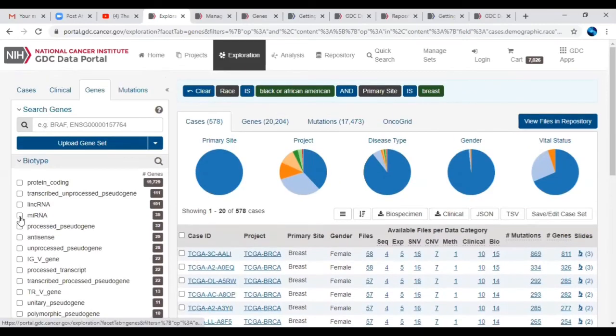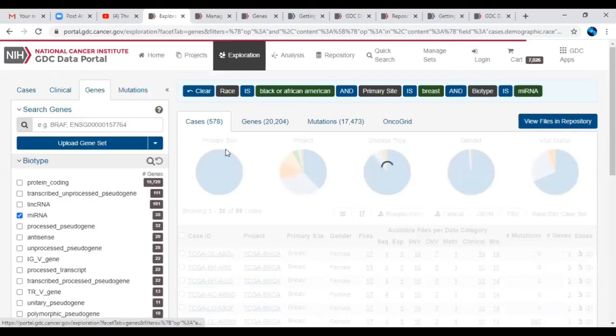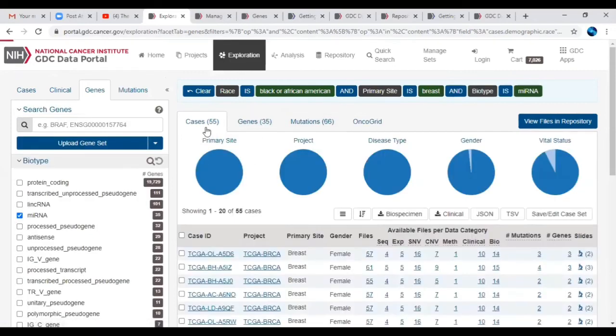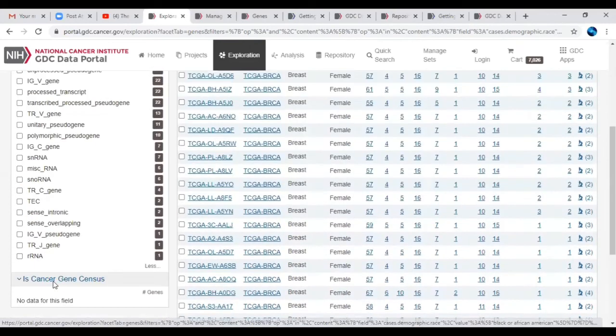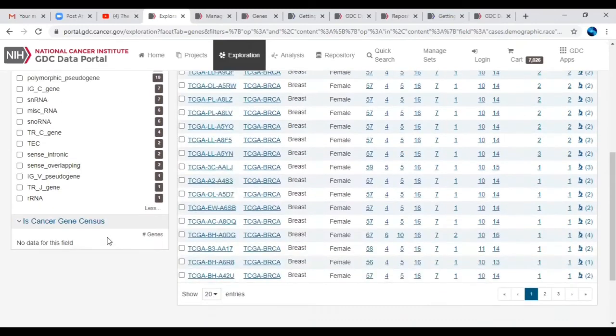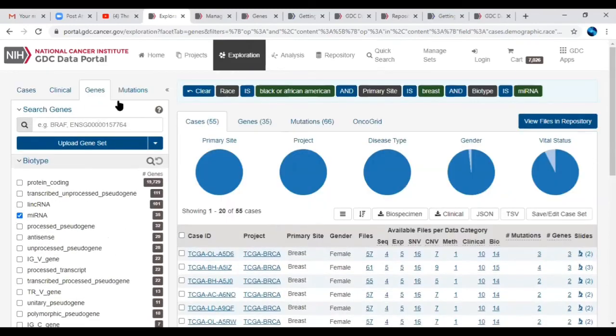If you are interested to study only miRNA data, after clicking, the page will get refreshed, and again the cases have been reduced, that is cases 55 and genes 35, and in that how many mutations and their oncogene information, likewise. So here are the filter options you can use based on your interest.